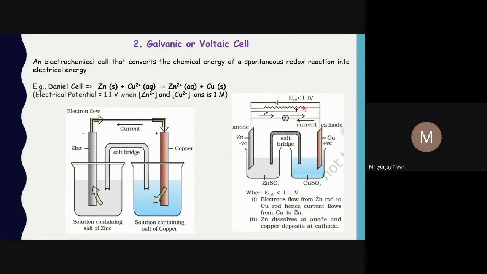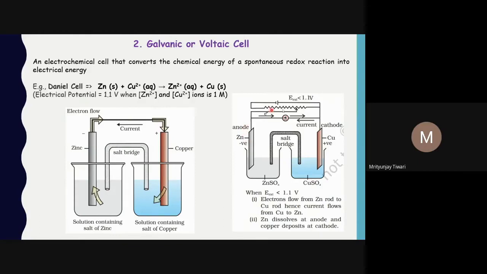And if you connect a fan or any apparatus or device, what we say is that if the external potential is less than the EMF of the cell, that is, when E external is less than 1.1 volt, which is the EMF of the cell, the electrical potential of the cell. This is the example that we have taken for the Daniell cell, but this is true for all kinds of voltaic or galvanic cells. So electrons will flow from the anode to the cathode,